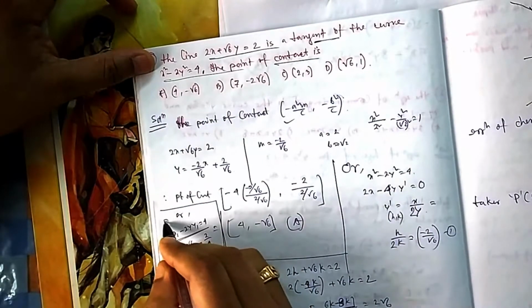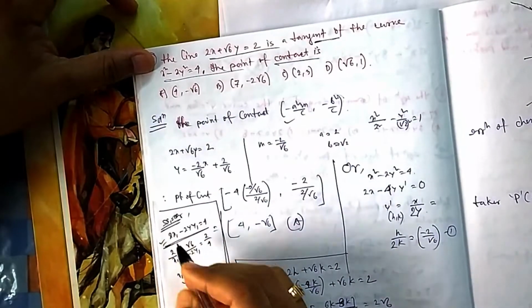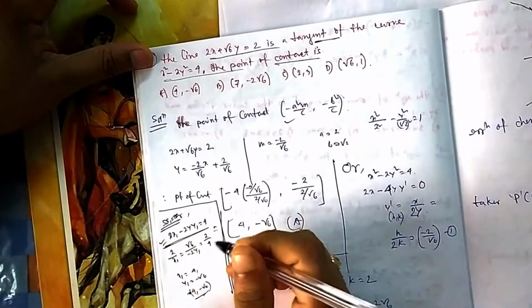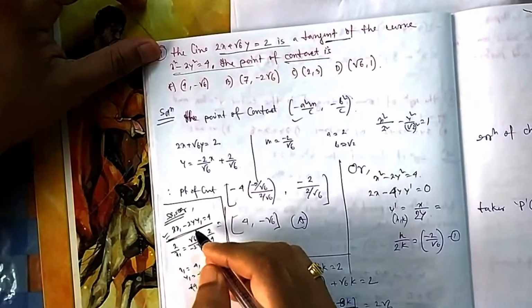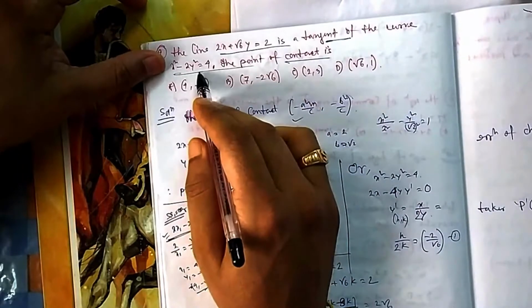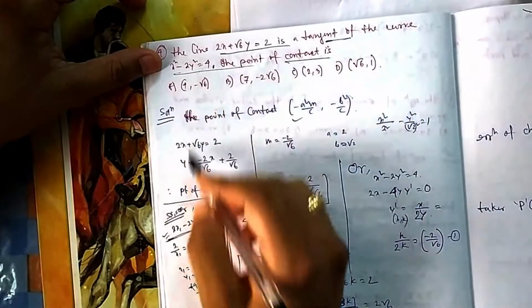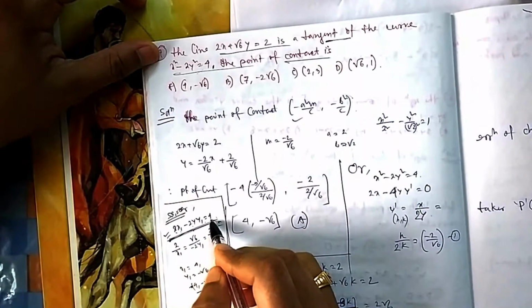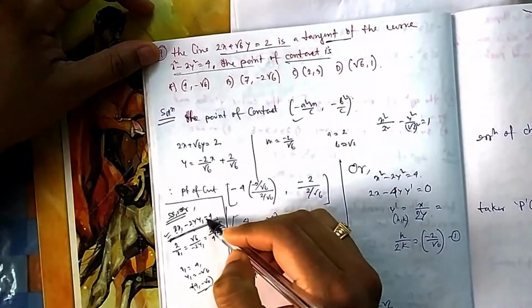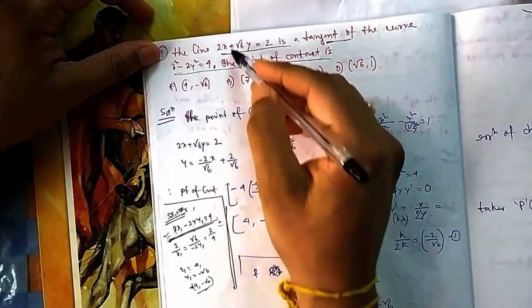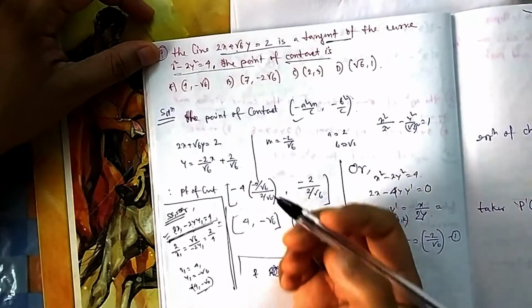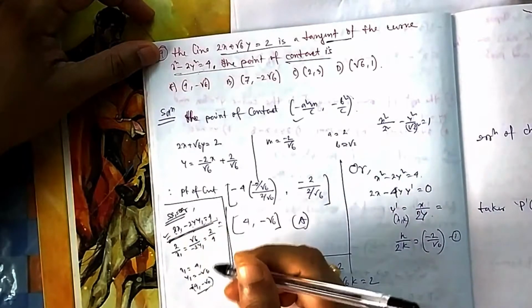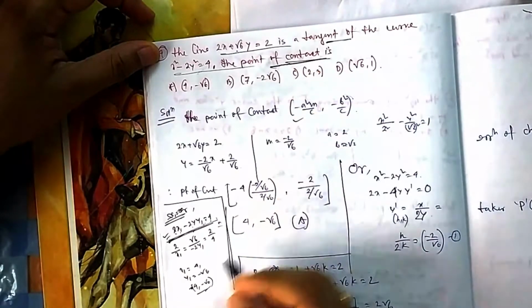Then how can you write the equation of tangent? This is the equation of tangent, T equal to 0. If x1 y1 is a point on that conic, whatever conic that is, here it is a hyperbola, the equation of tangent would look like this: xx1 minus 2 y y1 on this. Because this is also a tangent, by comparing these two you can say which one is x1 y1, because x1 y1 is the point on the hyperbola itself. That is the point of contact actually.